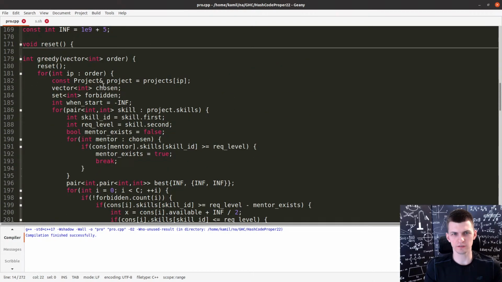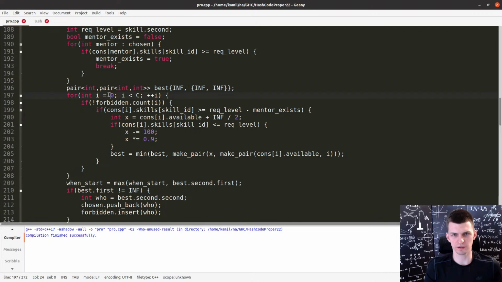Maybe I should iterate over people in some very specific way. Like here I iterate from 0 to C-1. No, I still minimize the time when you are available. But if I don't do that, if somebody is available at time 0 and somebody else is available at time C, that's very bad. That being said, the order of projects is supposed to help that. So maybe I should ignore the time.